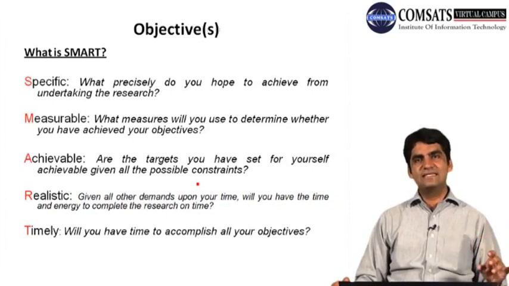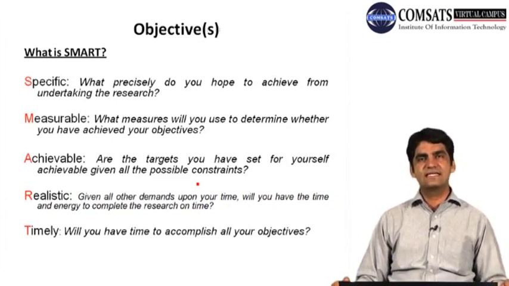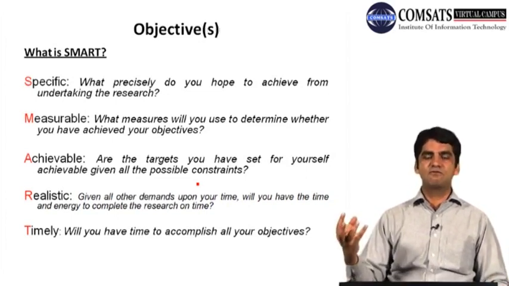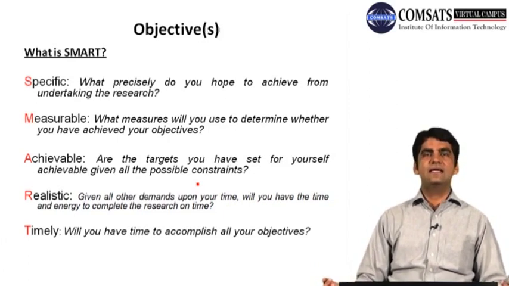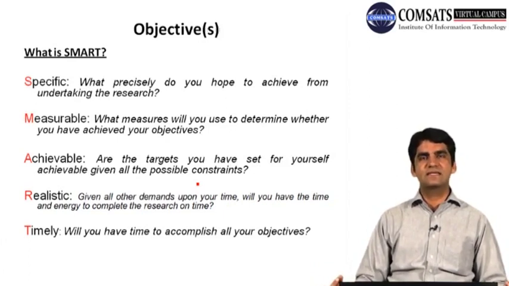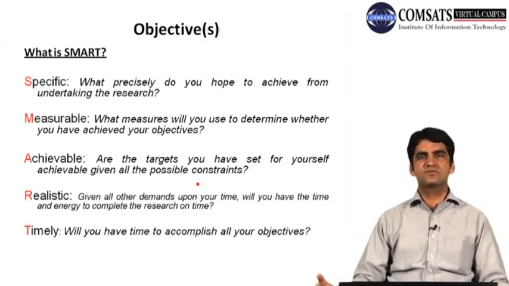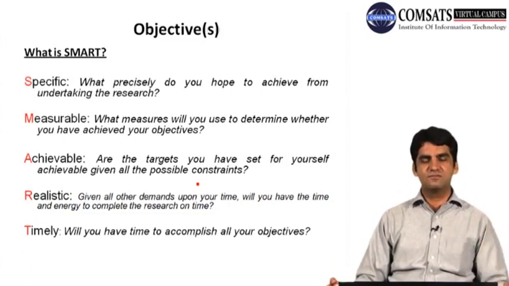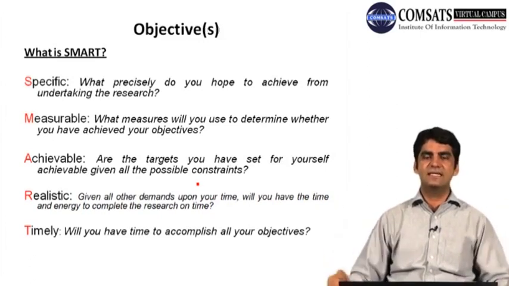So you have to understand the constraints you have, the hindrances that you have, the lack of resources that you have, and on the other hand you have to understand the realisticness, the measurability, the achievability and timeliness of your objectives. If you can match your constraints versus your potentials, then you will be in a better position to make your objectives SMART, that is specific, measurable, achievable, realistic and timely.